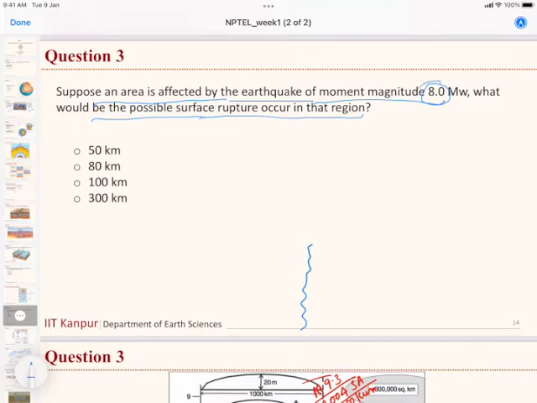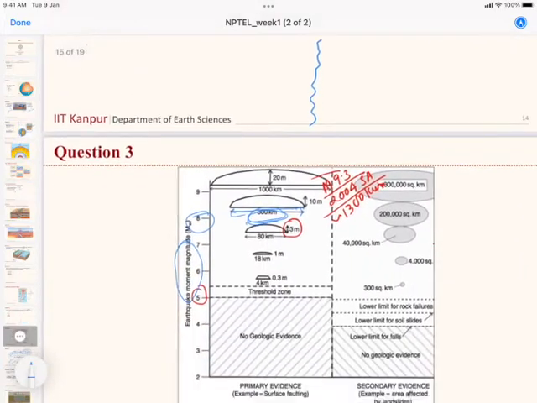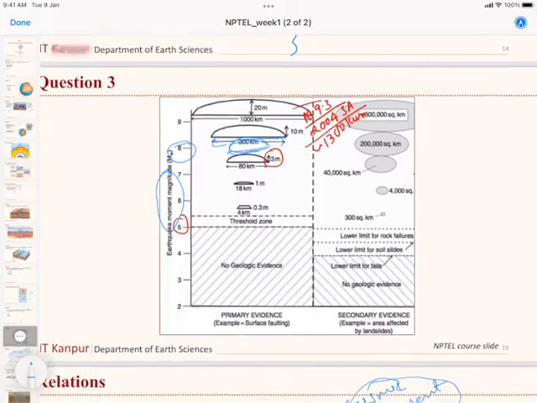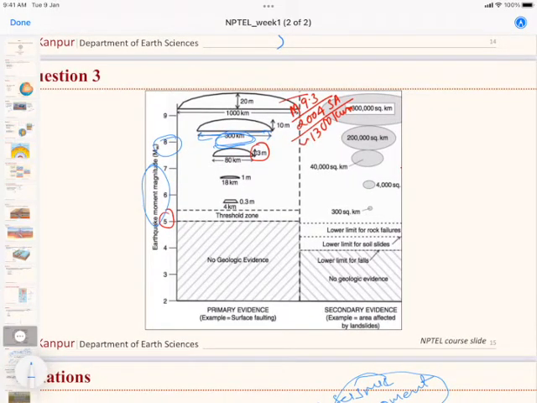The magnitude given was 8, and since the other information is not given, we can't precisely calculate what would be the exact surface rupture length. So what do you think the answer could be if you see this figure? So from this figure we can see that we are, sorry,